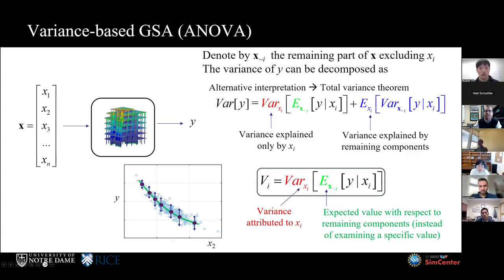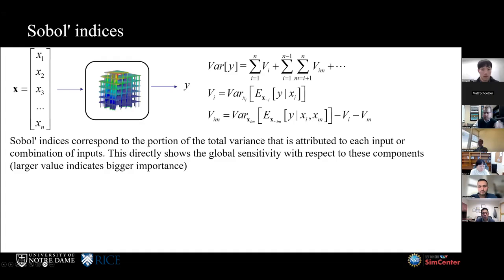So this blue term would be the variability that's created by the swarm. But most commonly, if you look at Sobol's original work, it's this decomposition that is used to provide the definition of Sobol indices. So Sobol indices are just each of those components divided by the total variance,